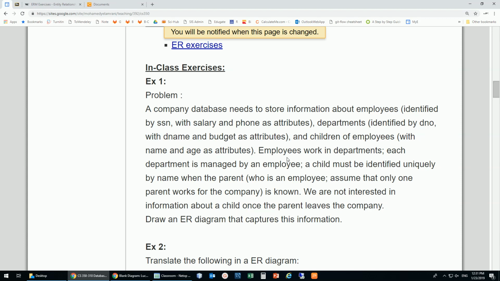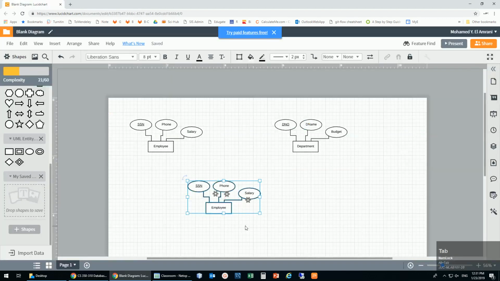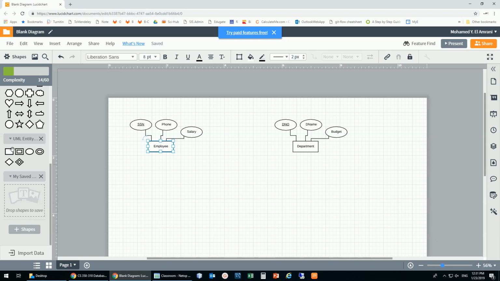So now, this being said, let's have a look at this children of employee, because we have name and age. Now this name and age, which one is the primary key? Name is the primary key, and this is still not an entity but a weak entity. Not because of that thing here, but because if you give me a name without giving me the father, I cannot uniquely identify that